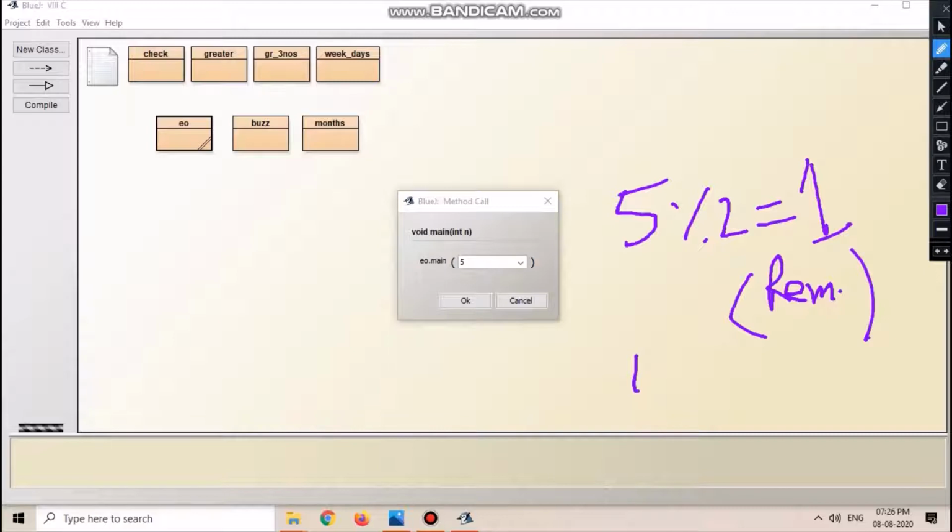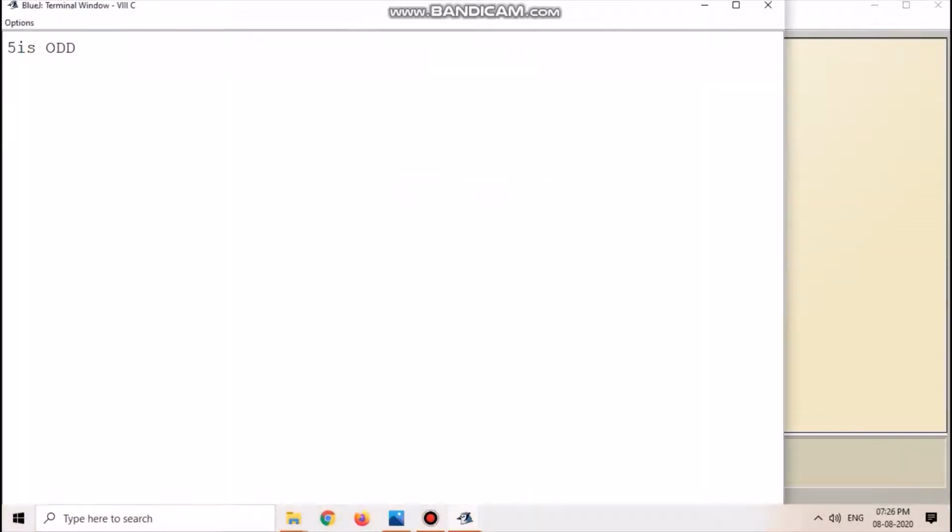So it will check what if 1 is double equal to 0. What will happen? This is false. So it will go to else part and then it will print 5 is odd. We'll check this. Here you can see 5 is odd.